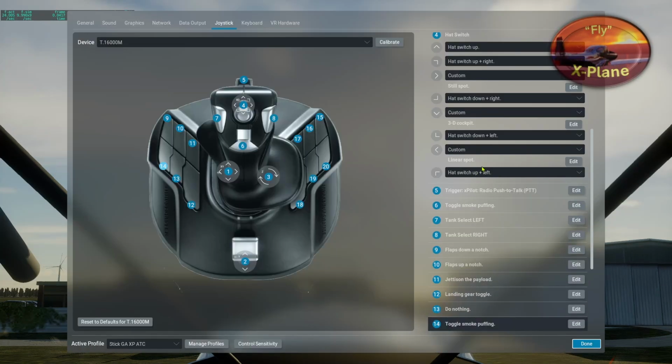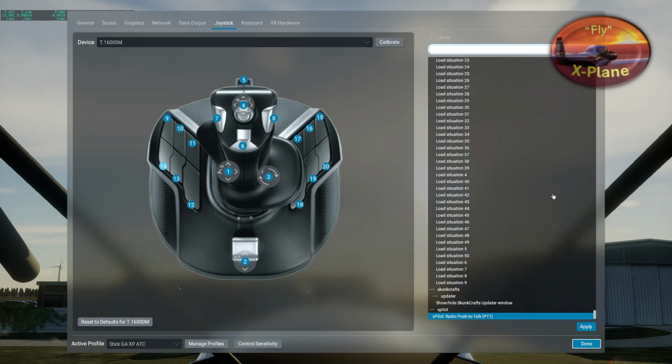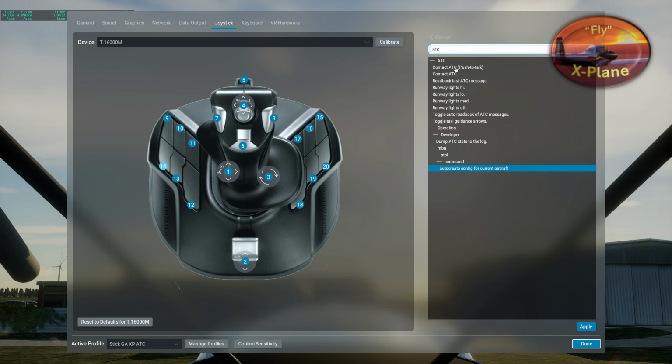Now the other question that was asked was this trigger. Now at the moment it's triggering XPilot. If I just do ATC, contact ATC, push to talk, apply,